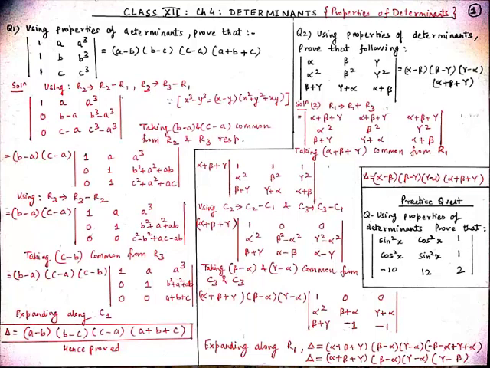Then when we apply C3 tends to C3 minus C1, 1 minus 1 equals 0, and then gamma square minus alpha square, and then alpha plus beta minus gamma. So beta and beta will get cancelled out and we get alpha minus gamma. And now student, since we know that a square minus b square is (a plus b) into (a minus b), and now when we take common beta minus alpha and gamma minus alpha from columns C2 and C3, we get alpha plus beta plus gamma into beta minus alpha into gamma minus alpha.